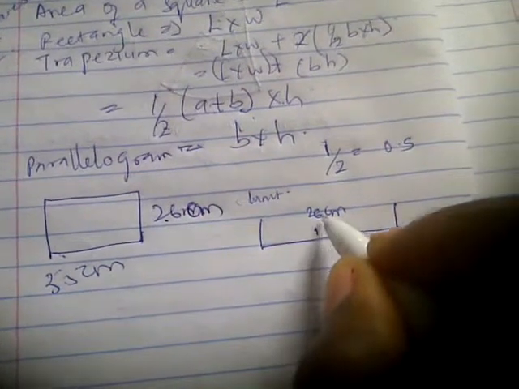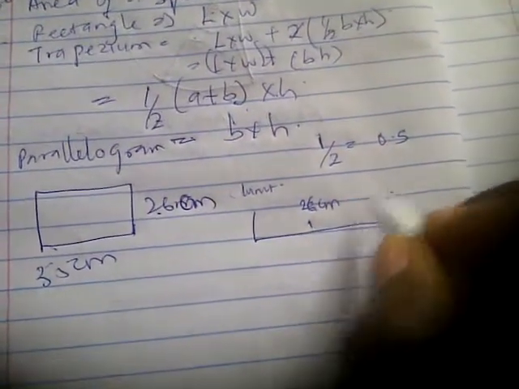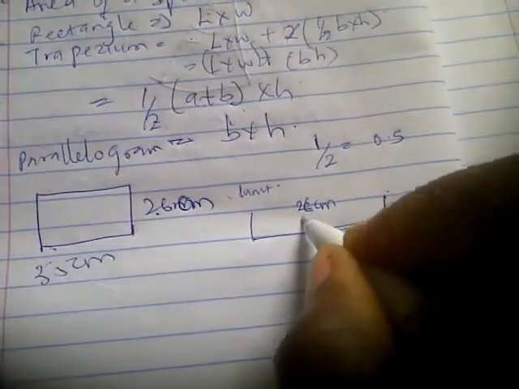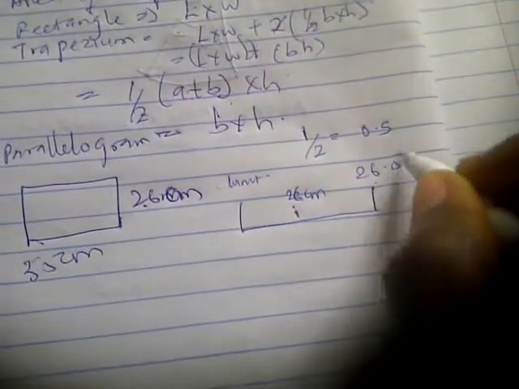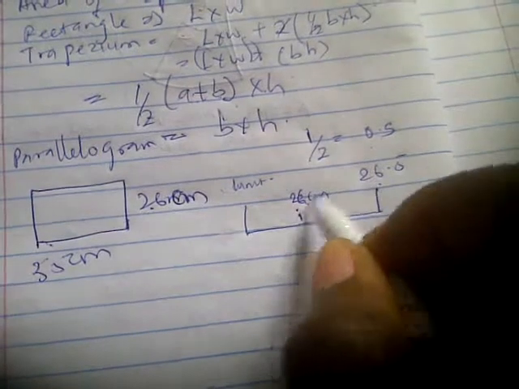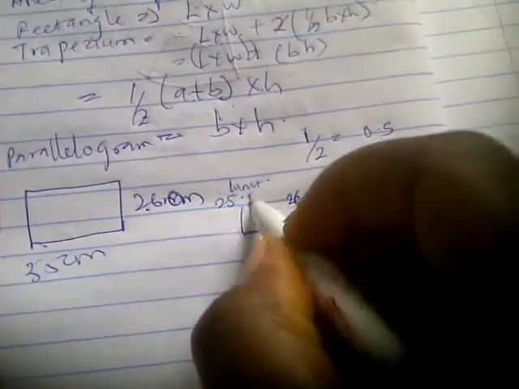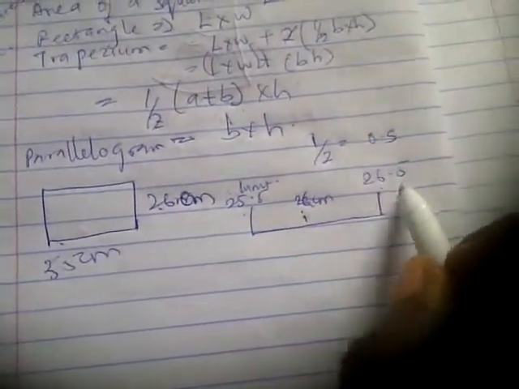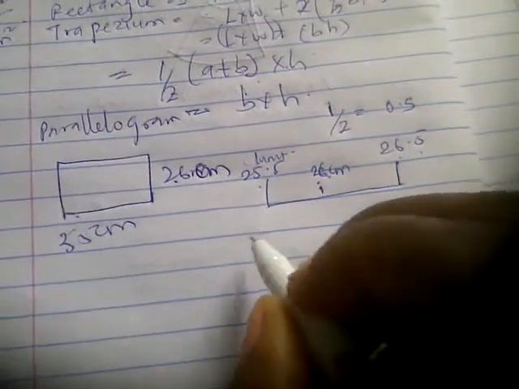So for you to get your upper bound, you add 0.5 to 26, so you have 26.5. For your lower bound, you subtract 0.5 from 26, you have 25.5. Now this is your upper and this is your lower. So also for this one,